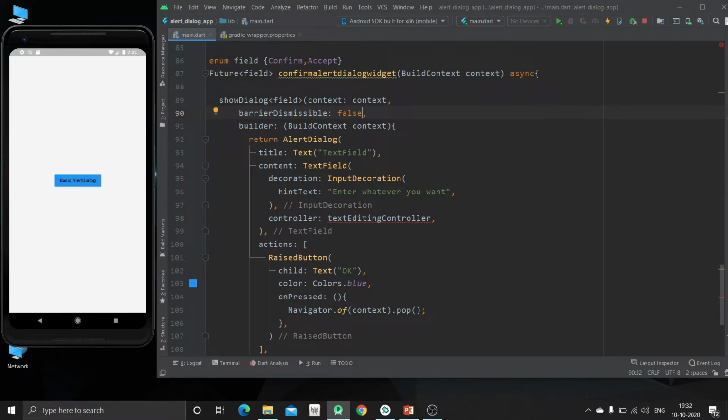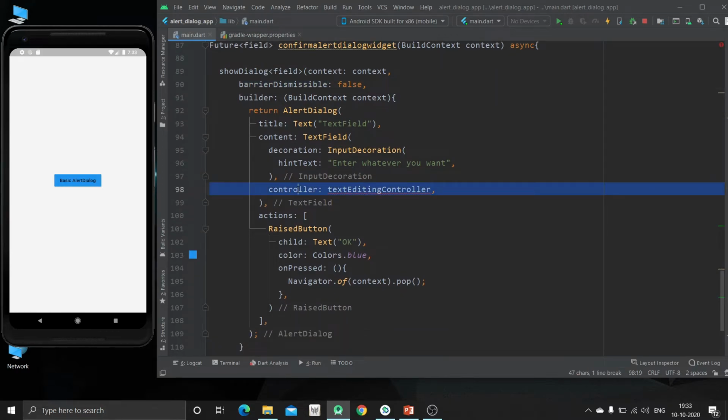Now why are we using this property? The user must tap to close the dialog widget so that the value used by this field gets printed. So if the user is clicking on confirm or accept, at that time the widget should be closed. For that purpose we are using this attribute.